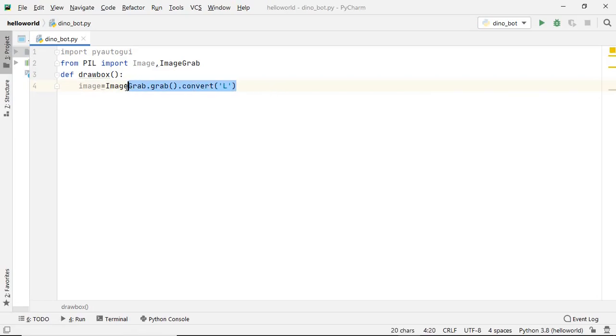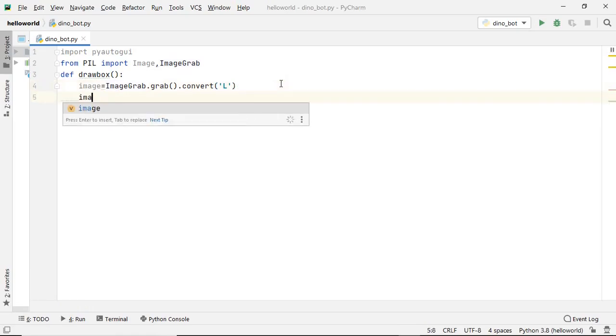This line of code will actually convert the screenshot instantly into the grayscale and store it in this image. We can actually see it. So let's try to do it. Image dot